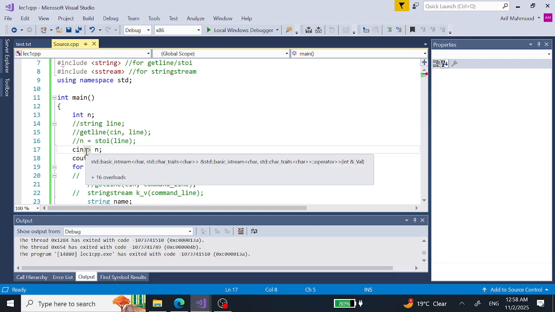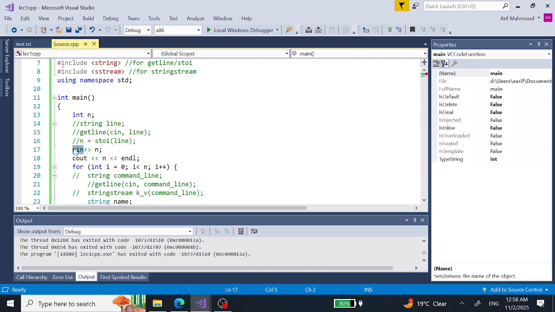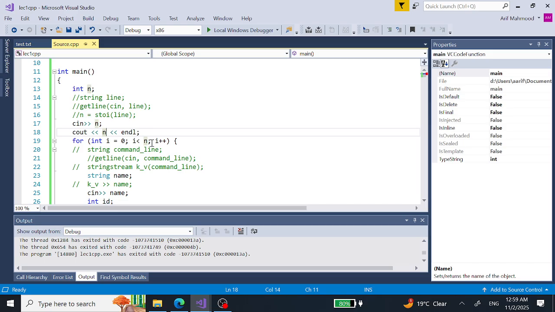So we are going to read out whatever we put in the console window in the first line, and this is the variable n, and after that, using this cout, we can show that n onto the console window, and after that using this for loop we are going to read out 3 lines or the n number of lines,